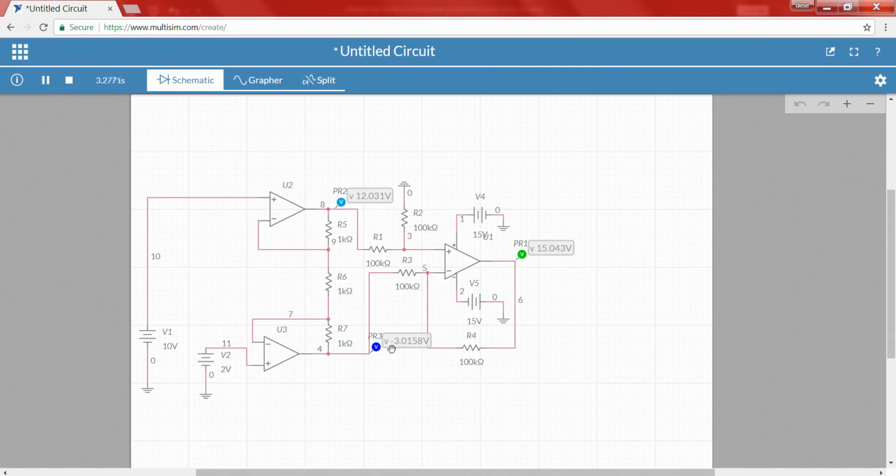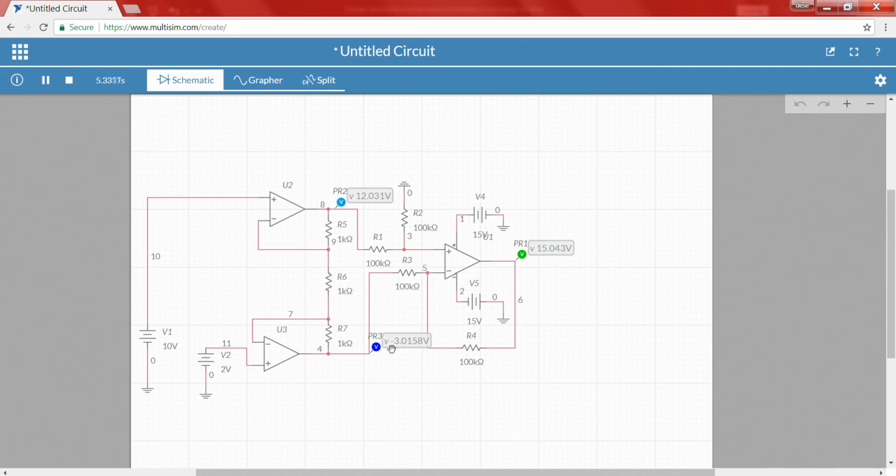Now, I will see V1, V2, VO1, VO2 and V0. V1 is 10, V2 we are applying 2, VO1 we are getting 12 and VO2 is minus 3, V0 is 15, right.